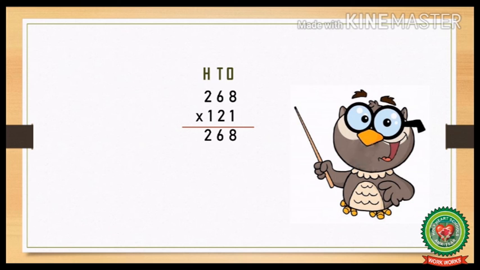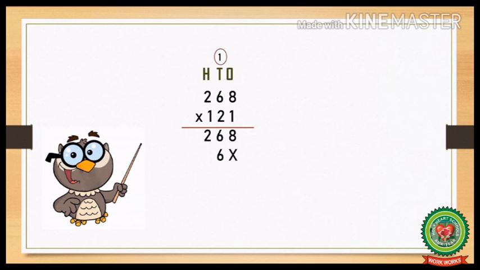Now we will move on to the second digit from the right hand side. Before starting the next step, we will put a cross just below 8, that is in the ones place. Now we will multiply 2 with the above digits. So let us speak the table of 2. 2 1s are 2, 2 2s are 4, 2 3s are 6, 2 4s are 8, 2 5s are 10, 2 6s are 12, 2 7s are 14, 2 8s are 16. Since 16 is a 2-digit number, we will write 6 down and 1 carry.